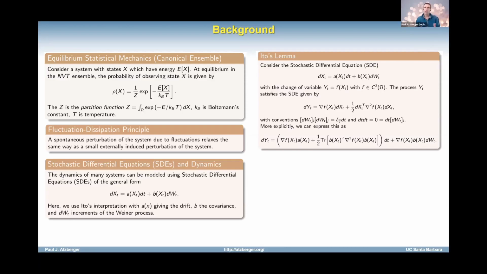Now, there's of course a lot of probability that you have to do to justify some of the rules that I'm showing you here, but that's the rough intuition for why you have to do expansions to second order. Okay, so this shows that the new process would satisfy the gradient of f, dx_t. This would be just like the usual ODE chain rule expression. But now I need to do this second order expansion, right? So this is the second order term in my Taylor expansion, just written in terms of these differentials. And then we do one other thing: we would like to express ultimately dy_t in terms of dt and the increments of Brownian motion, right? So we can get it back into the standard form of an Ito stochastic differential equation.